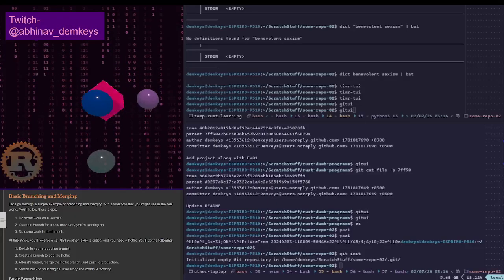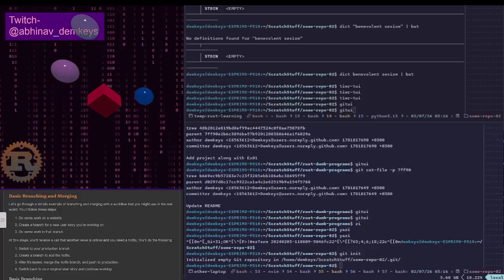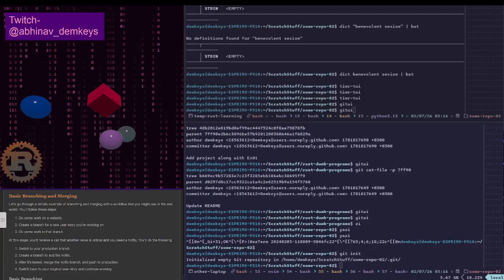Okay, this is taking a bunch of time to load. Let me just make sure I'm good on RAM.